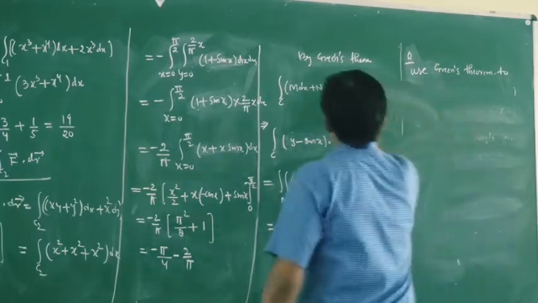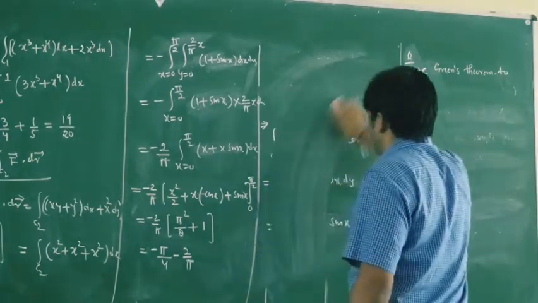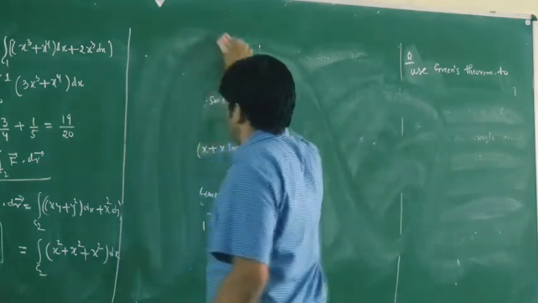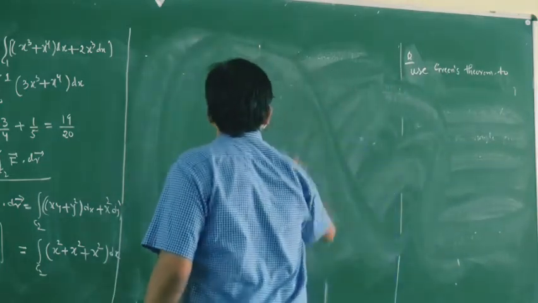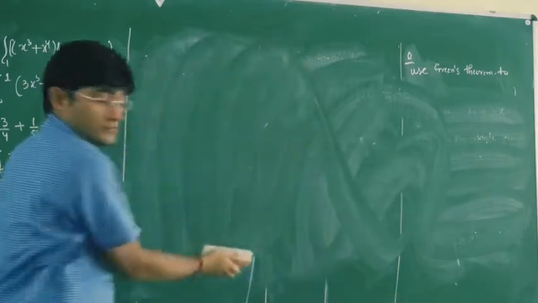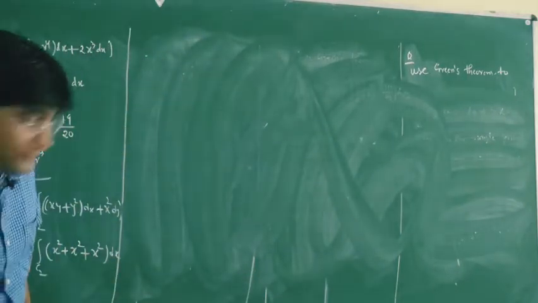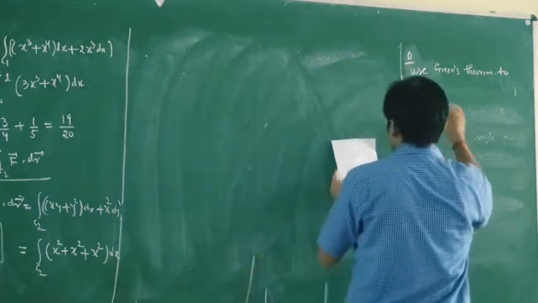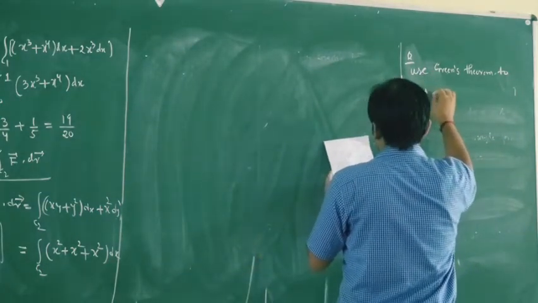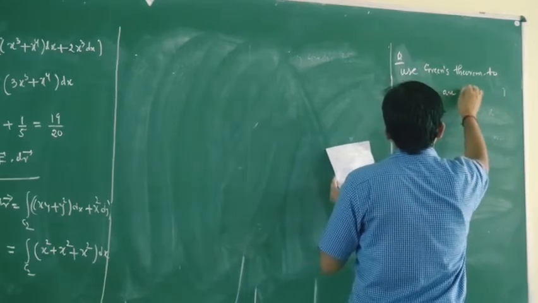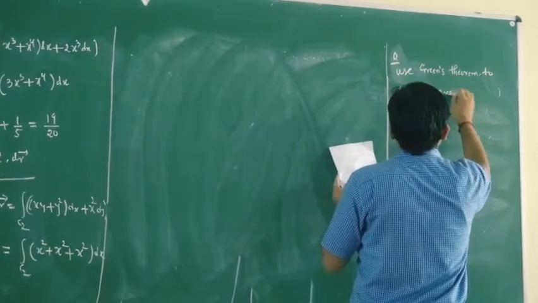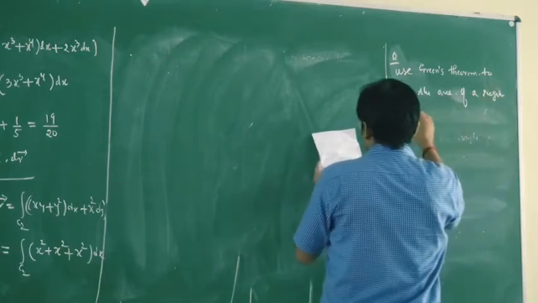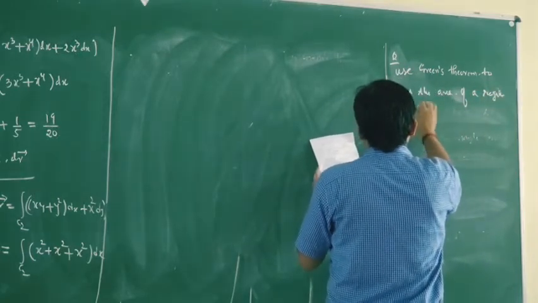Now with the help of this Green's theorem, here I will find out the area of a region. So here use Green's theorem to find the area of a region in the first quadrant